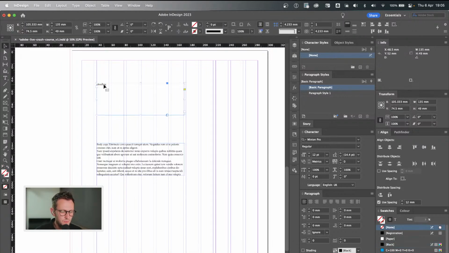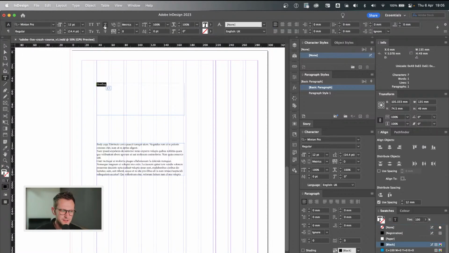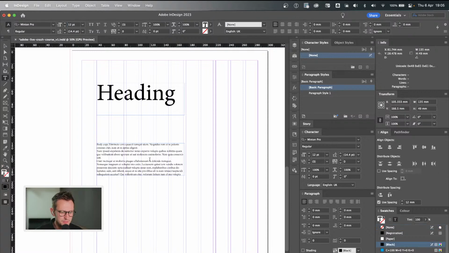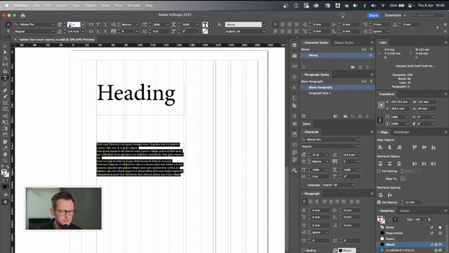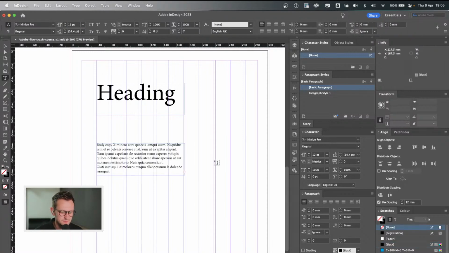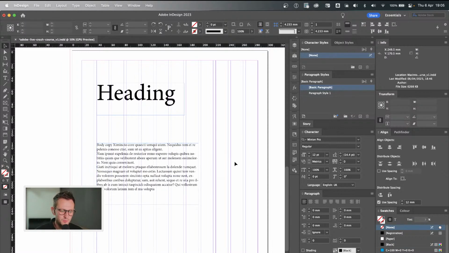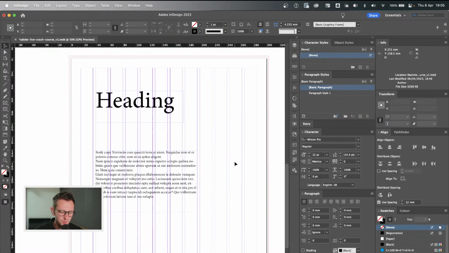And we come to design and we work out and we're like, what was our heading size again? Was it 100 point? And then our body copy, I think I made that 16 in the end. Let's make this 16. And so as you start designing your document and working through things, very quickly,